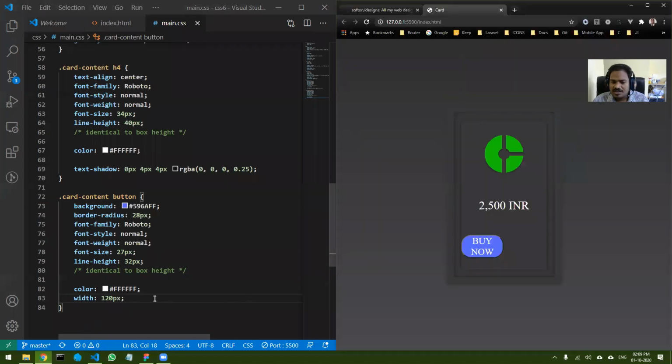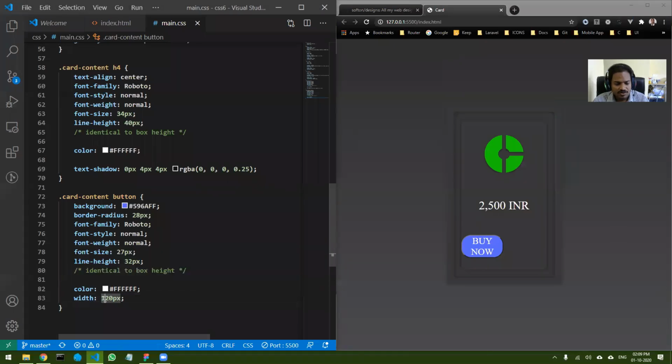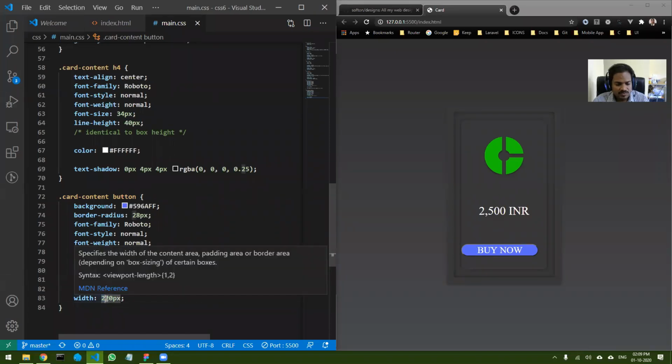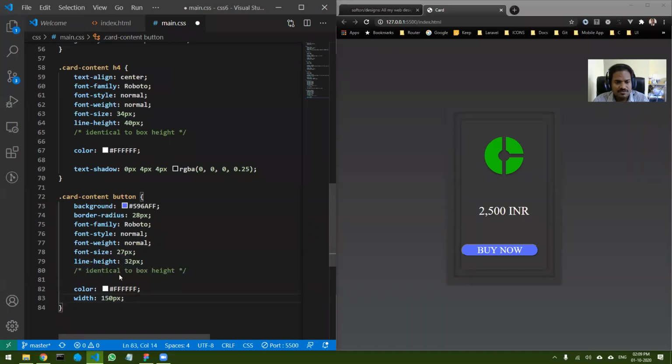So 120 will be, I think, too small. Let's go for 220. So basically I can do 150 and reduce the font a little. So let's reduce the font a little. Let's select, what should I select?